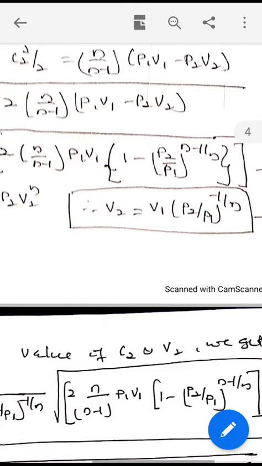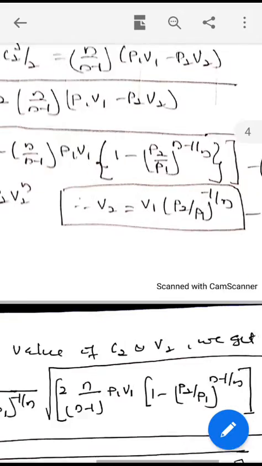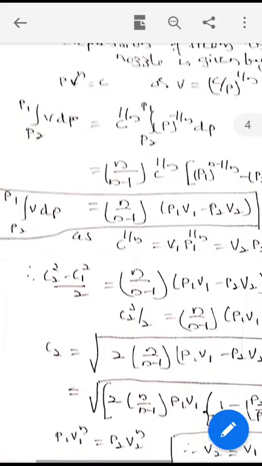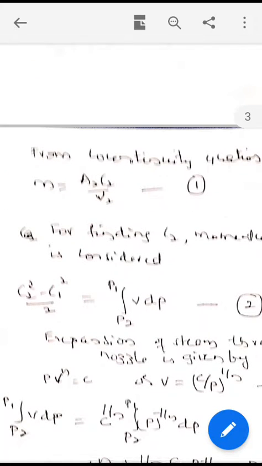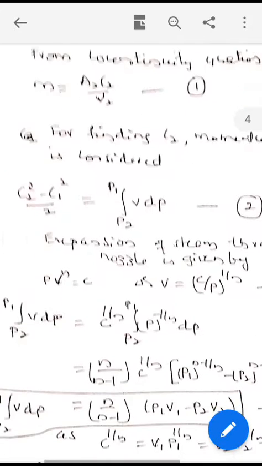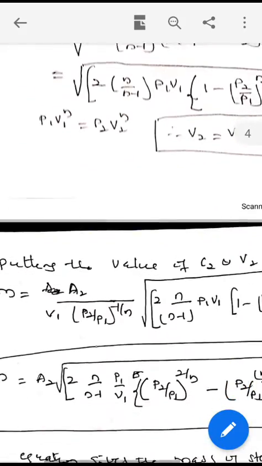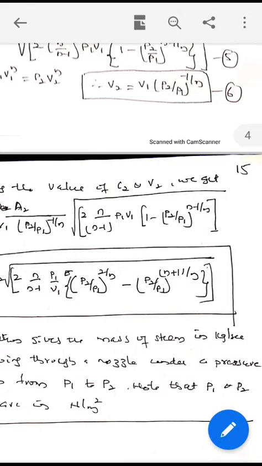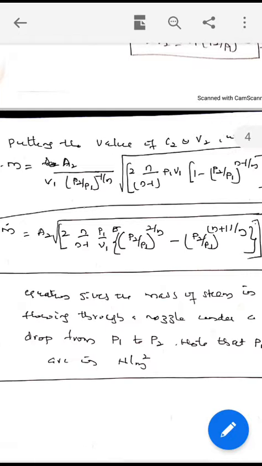Substituting the value of C2 and V2 from equations 5 and 6 in equation 1, m equal to A2 C2 by V2, we get the value of mass flow rate through the nozzle. m equal to A2 divided by V1 (P2 by P1) raised to minus 1 by n, root of 2n by n minus 1 P1 V1 (1 minus (P2 by P1) raised to n minus 1 by n). It gives m equal to A2